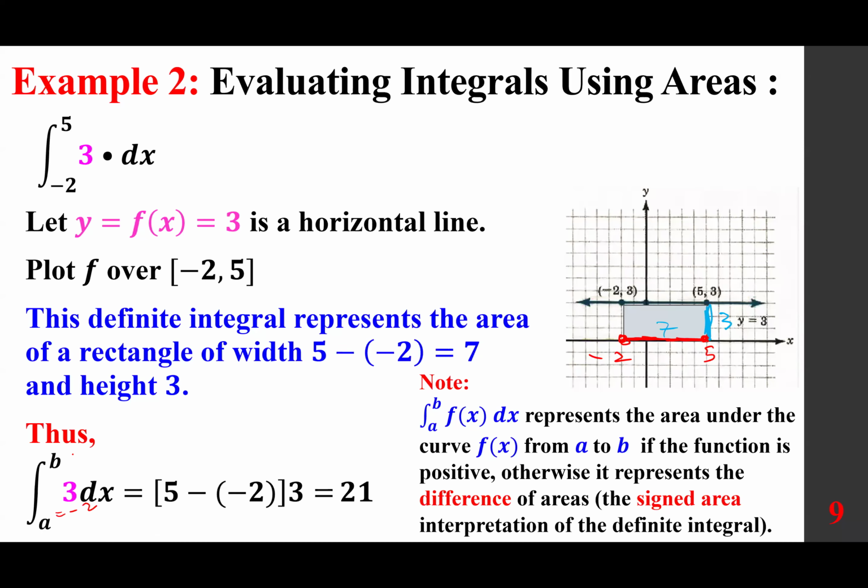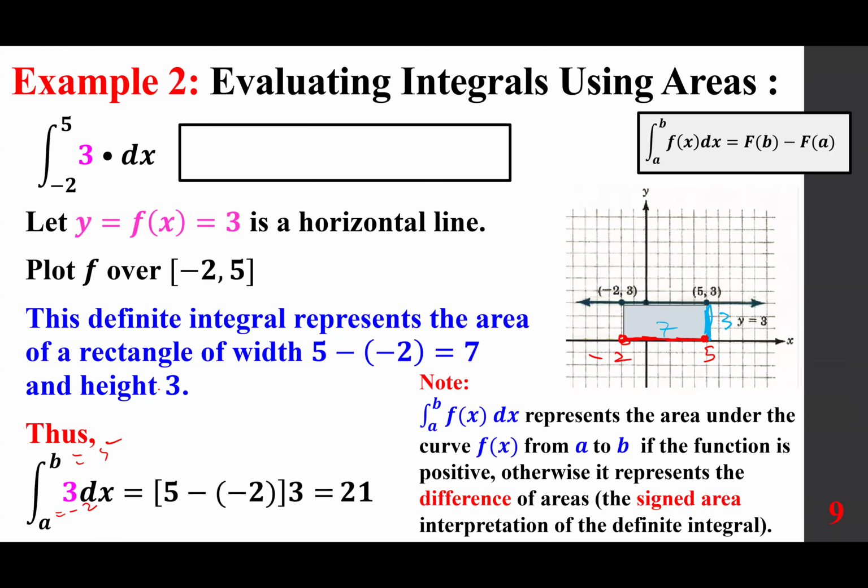A equals minus 2, b equals 5, everybody. Now, that works perfect. It's a simple geometric shape, but we are going to go with the fundamental theorem of calculus that says it's